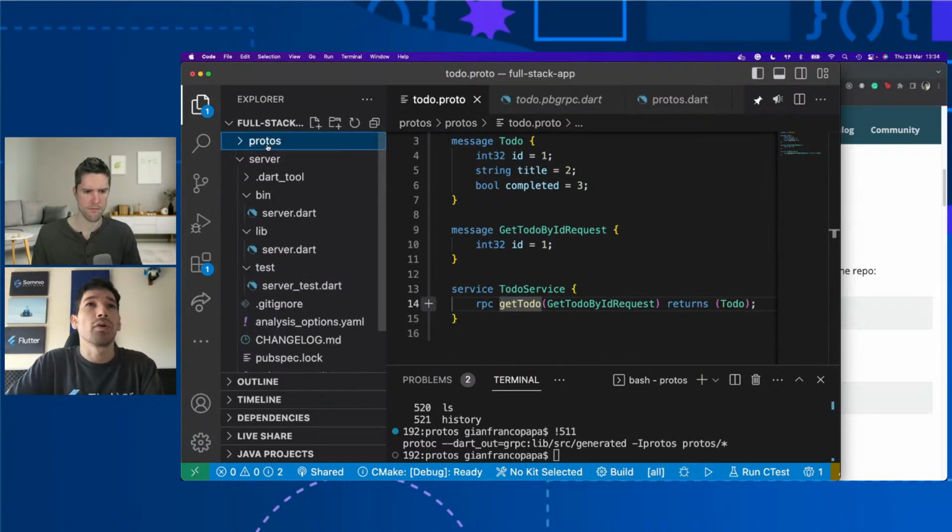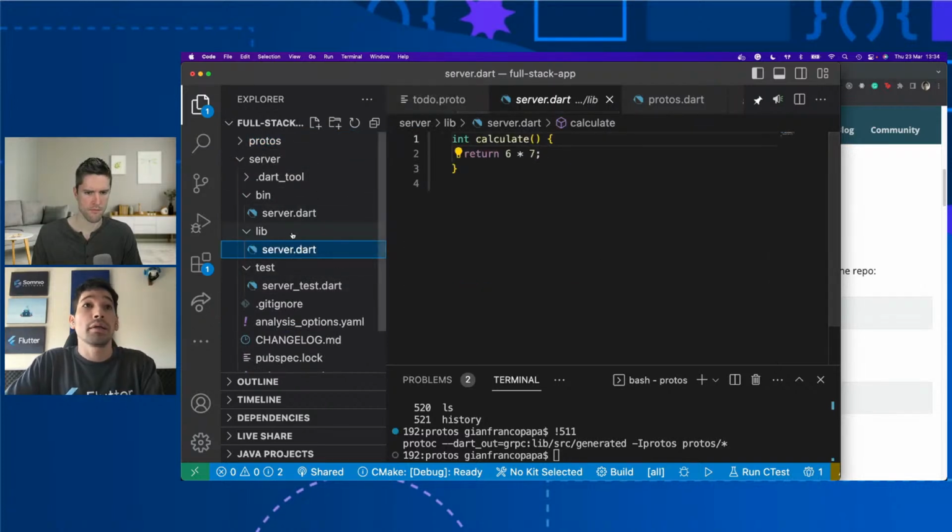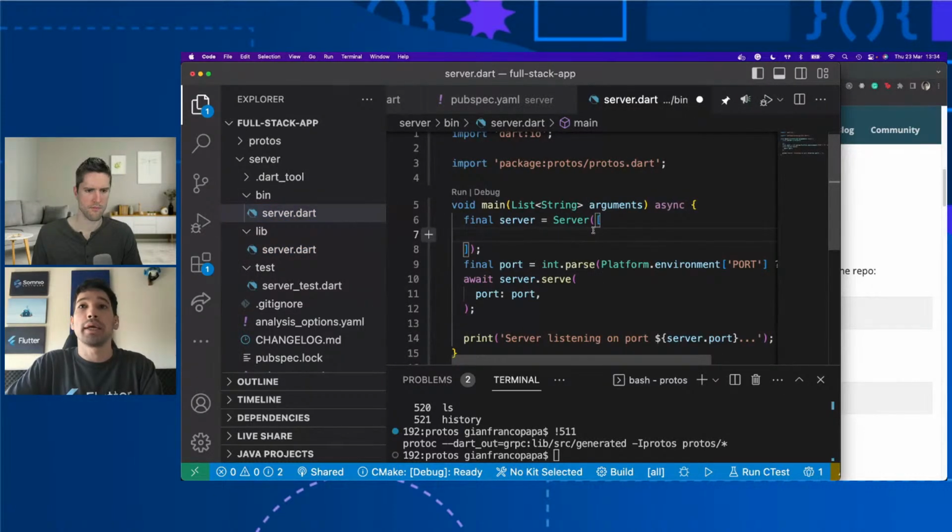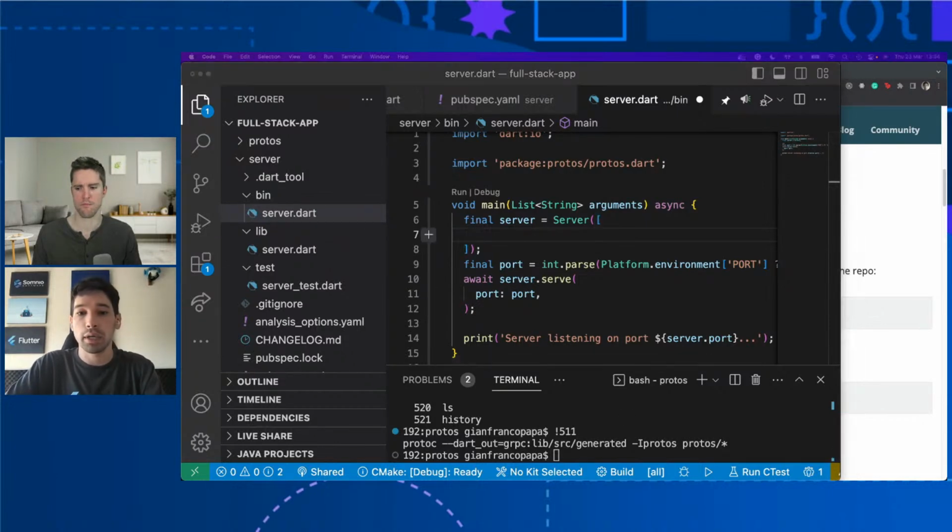Okay, so let's get back to our server, right? In here, what we want to do actually is to create a to-do service so we can expose the service to our frontend. So what I'm going to do right now is to actually just create the service.